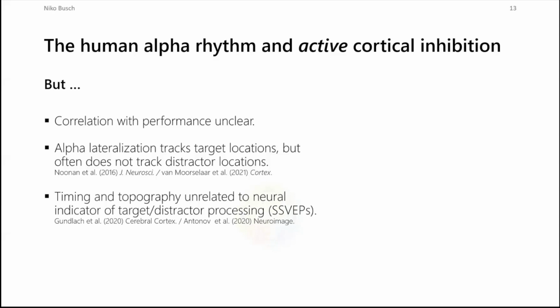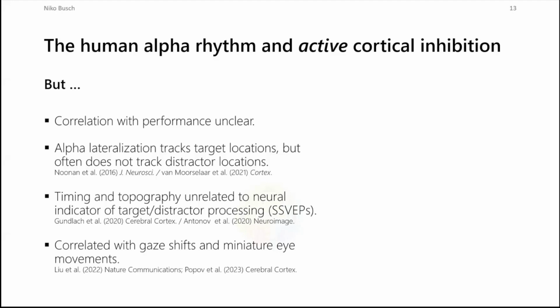Furthermore, sometimes the timing and topography of alpha lateralization does not really match the timing and topography of other indicators of attention, indicators that are also considered neural correlates of selective attentional processing, for example, steady-state visual evoked potentials. Finally, in recent years, it has turned out that the direction of alpha lateralization is surprisingly robustly correlated with oculomotor